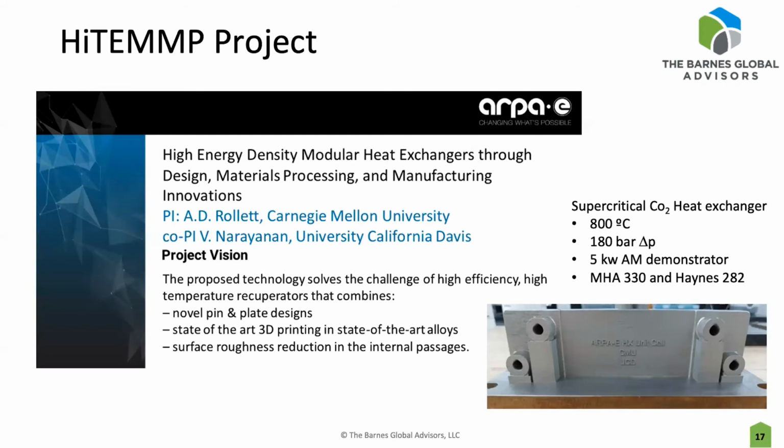to next generation materials and next generation printable designs, to get a very compact 50 kilowatt demonstrator over the next couple of years. So, from my perspective on the commercial side, AM's future is bright, with commercial tools being available for design and optimization. Copper and some other high thermal conductivity materials are available and being integrated into products as we speak. The opportunity, as was mentioned before, is that high temperature AM materials are not well studied